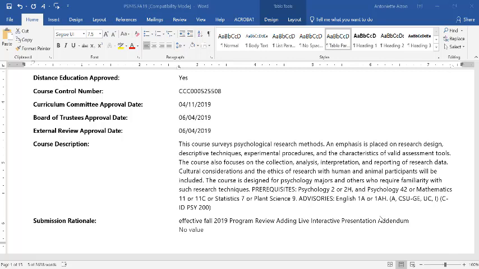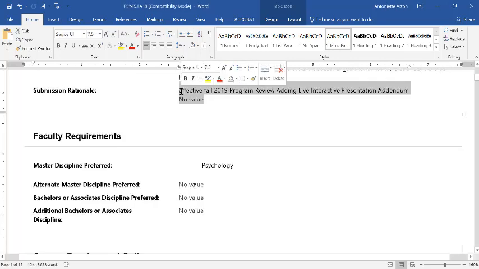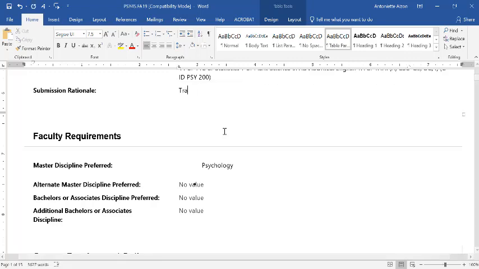Can we add the CID articulation if we know what it is? It's not on. So for submission of rationale, it's transferring a course to Madera. What if it already has something on there? For